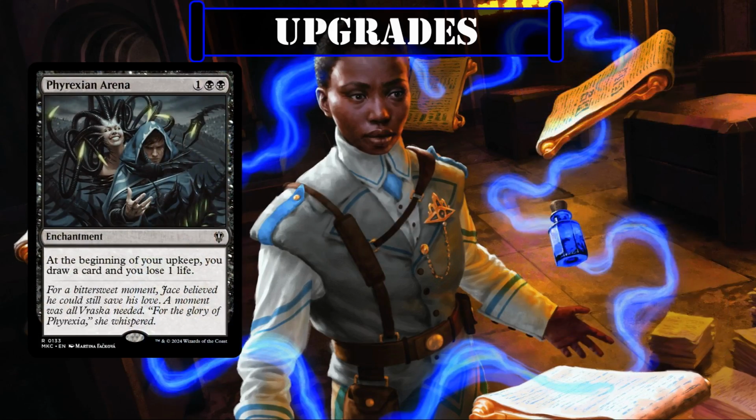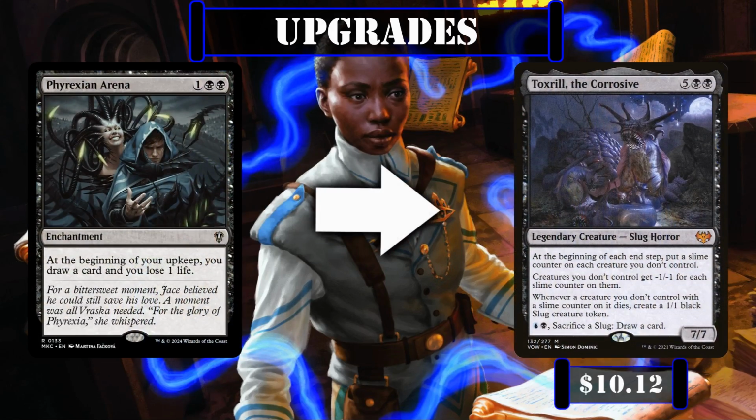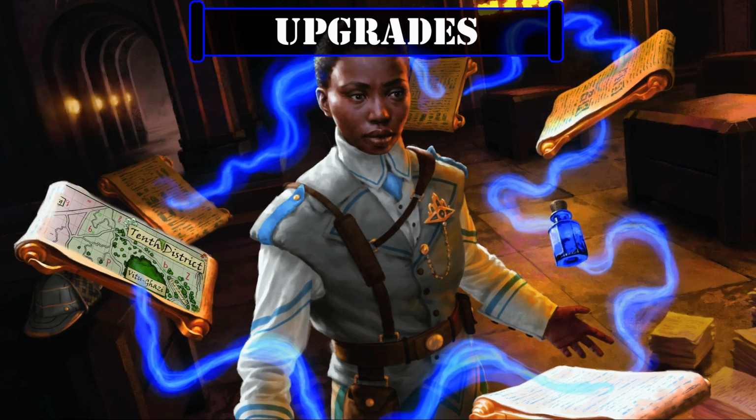And Phyrexian Arena can be sidelined for Toxrill the Corrosive, which functions as a backbreaking way to inflict -4/-4 to all our opponent's boards with each rotation, while also generating us board presence and card advantage as they lose their boards. And finally, if we want to get mileage out of all graveyards instead of just our own, we can